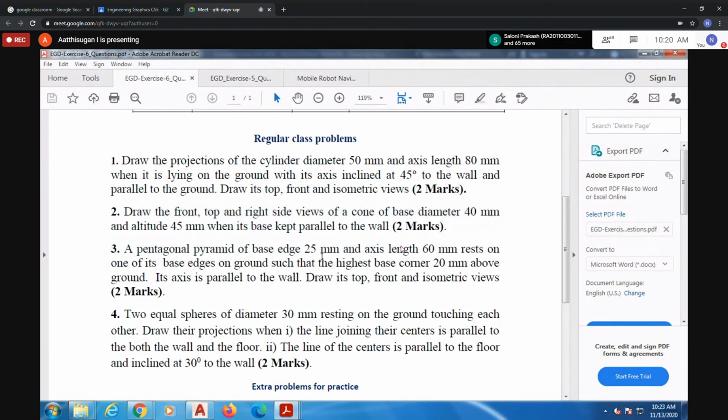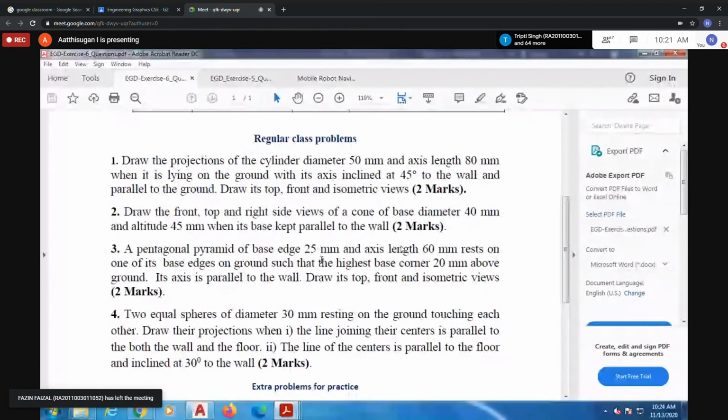How to start? If you know from the previous week or third week onwards, this is very easy. We can complete the second question within less than one minute. They didn't mention any inclination, directly a cone. But the starting is important, which view you select. You start with the front view, which would be a circle. Front view will be a circle. Okay, top will be the triangle, because the base is parallel to the wall, that is VP.